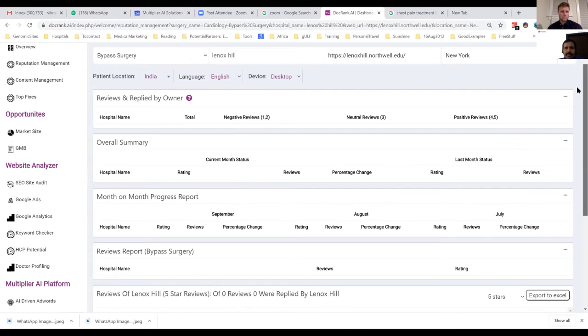It's like when you go to Amazon.com and look at reviews, you don't look at the total review count. I'll come to this feature separately, because this hospital doesn't seem to have any reviews related to bypass surgery, either positive or negative. But this allows you to know clinically for a procedure. For example, if one of the things you have is head and neck cancer, you want to know not the number of reviews I have overall, but for head and neck cancer, and this allows you to do that.